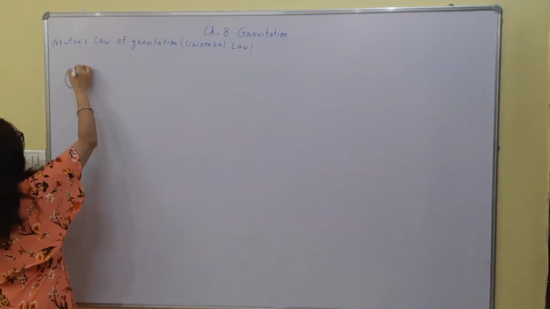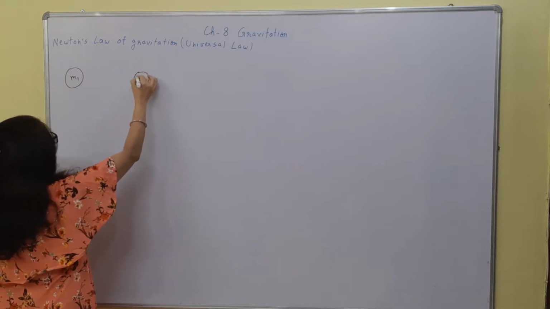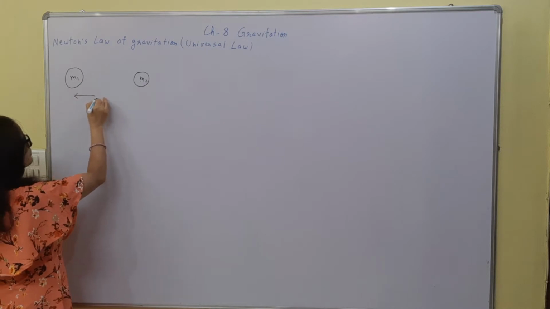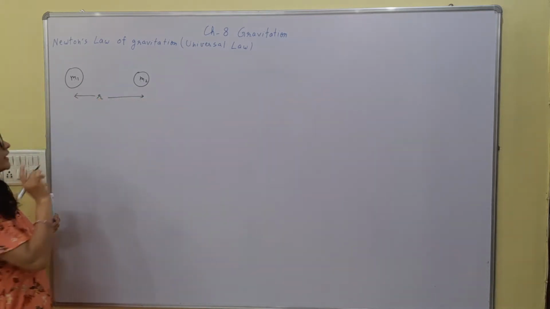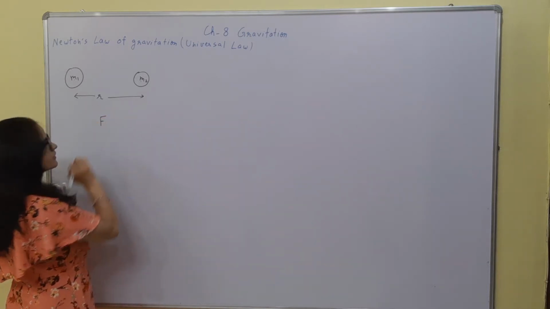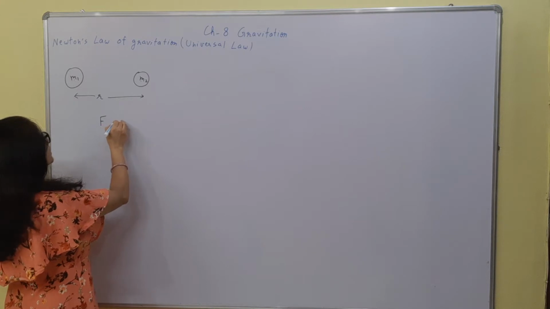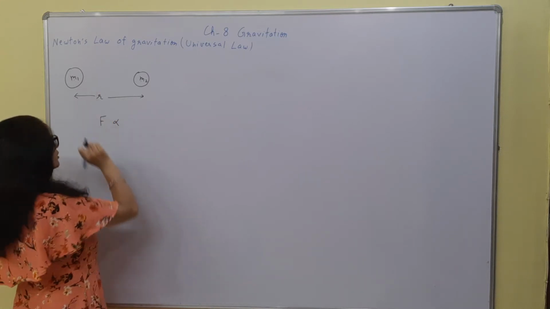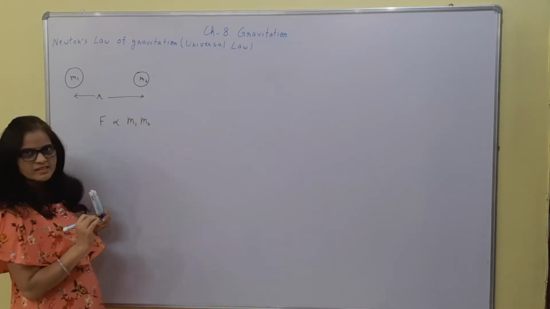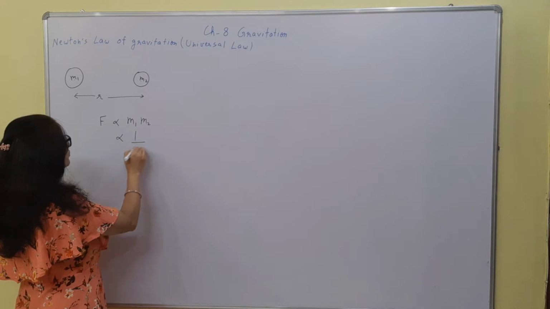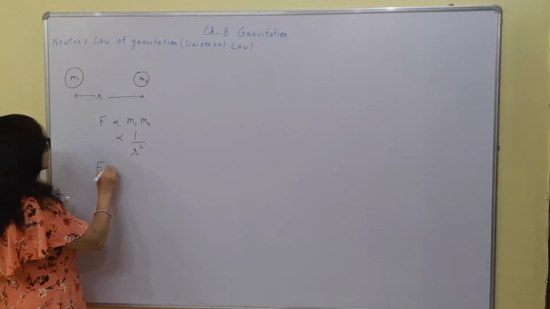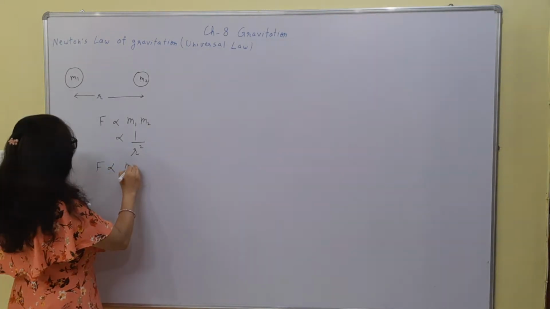If you have two masses m1 and m2 and their centers are separated by distance r, then according to Newton's law of gravitation, the force of attraction between these two masses, which is gravitational force, is directly proportional to the product of these two masses and inversely proportional to the square of the separation between their centers. From here, we can combine these two, we can get this,